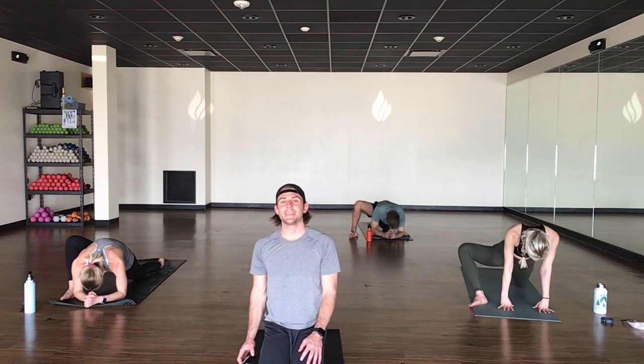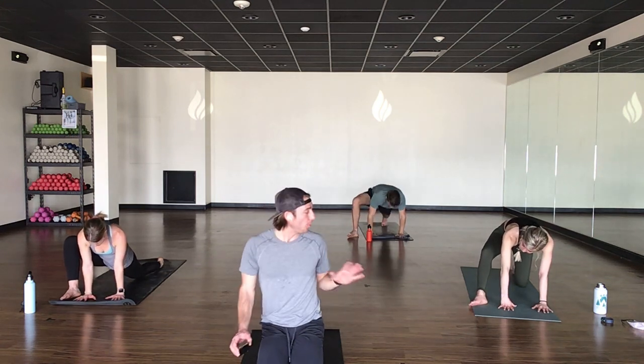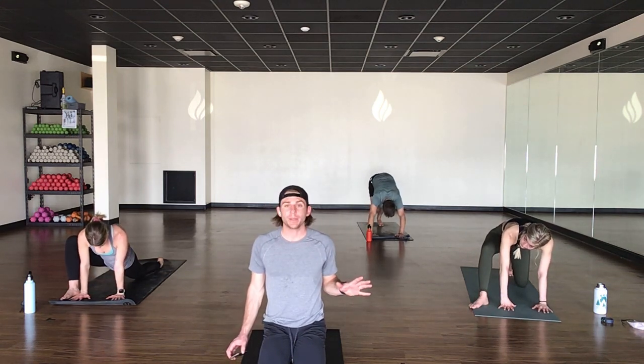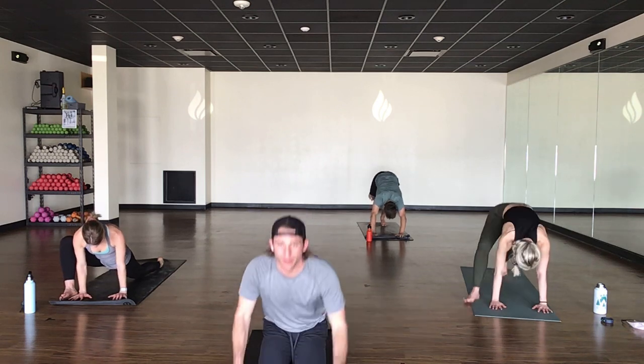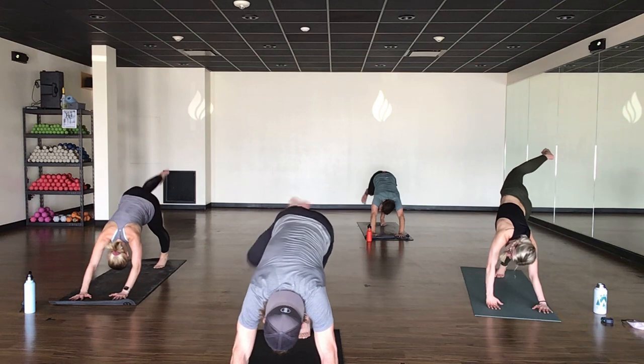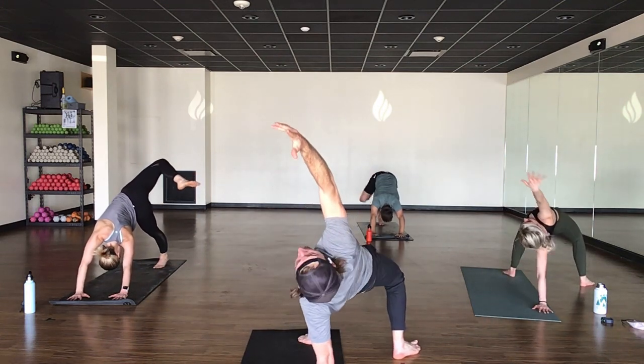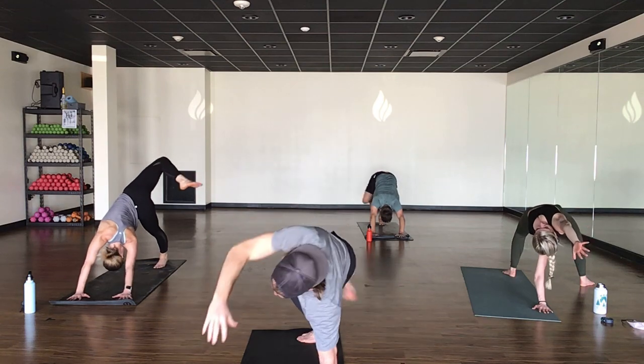Slowly come up to your hands. You've got options here for a three-legged dog with a bent knee and an open hip, or to flip your dog to wild thing. Exhale. On your inhale, bent knee, three-legged dog, flip dog if you'd like, or to stay in three-legged dog with open hips. But if you're in wild thing,